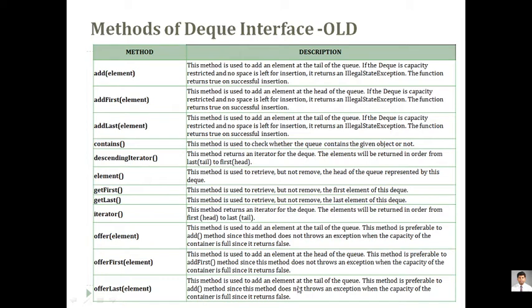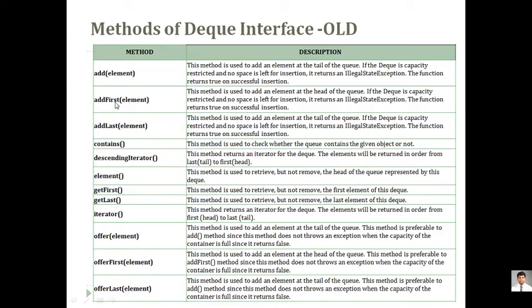This method is used to add an element at the tail of a queue. So for adding at the front side, at the starting point of a queue, you use offer first. And for adding an element at the end of the queue, you use offer last. So offer first and offer last are the same as add first and add last. But the difference is that add first and add last throw an exception at runtime, whereas offer first and offer last never throw an exception, but they have a return type of false. So there is no issue of creating an exception in these.